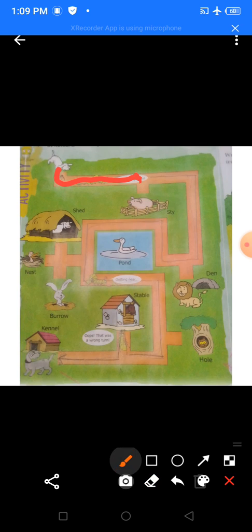So, what are we going to do? We are going to go further and let's see who we meet next. Who is he? He is Mr. Lion. And lion, where does a lion live? A lion lives in a den. But Ruby doesn't live here. Ruby lives in a kennel. So we won't go here because this is not Ruby's home. So where will we go?